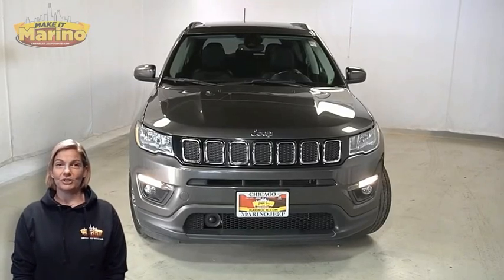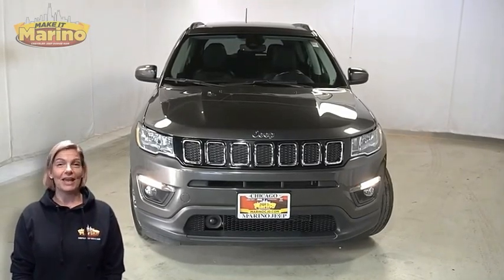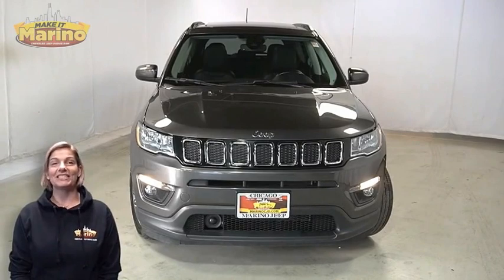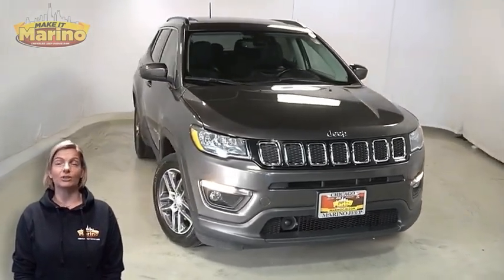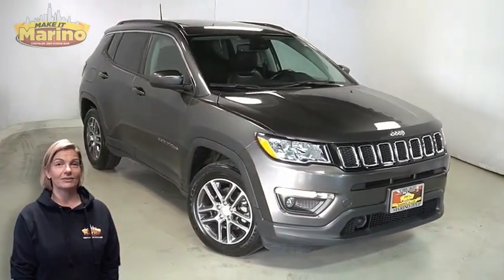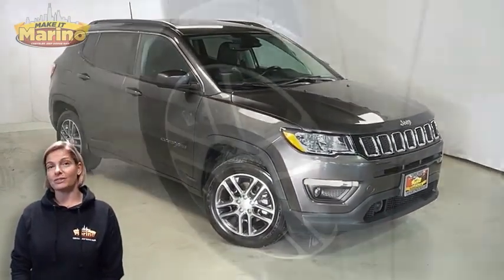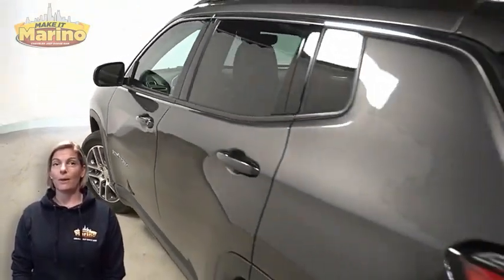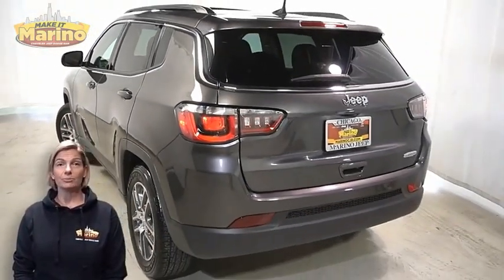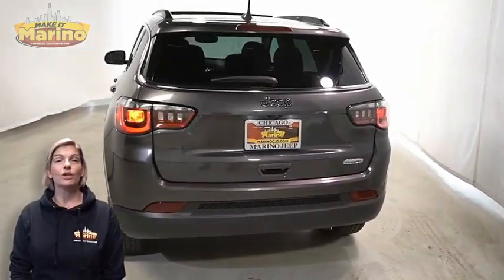If you're looking for a functional compact SUV with reliability and safety for the whole family, then take a look at this certified pre-owned 2020 Jeep Compass Latitude in granite crystal metallic. With halogen quad headlamps, front fog lamps, 17-inch aluminum wheels, power heated mirrors, blind spot and crosspath detection, rear window